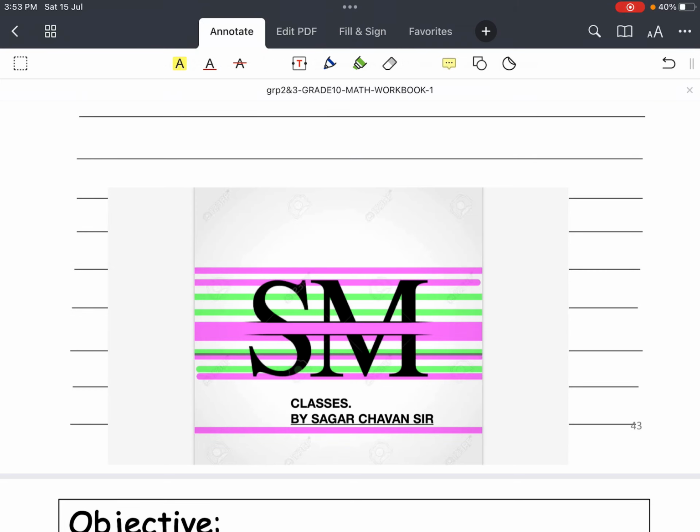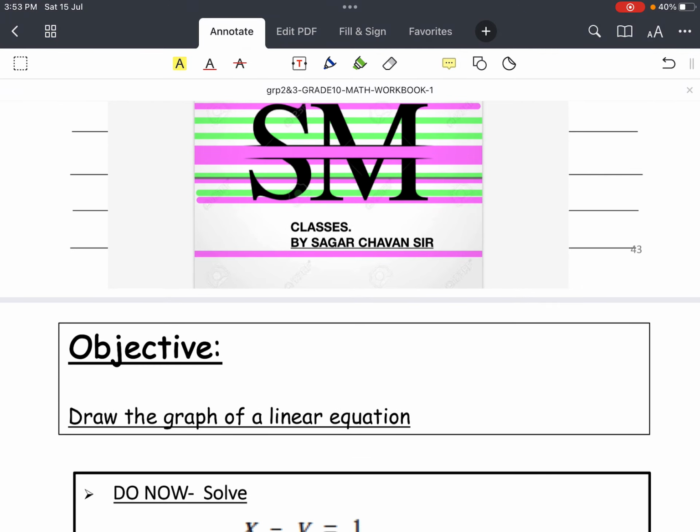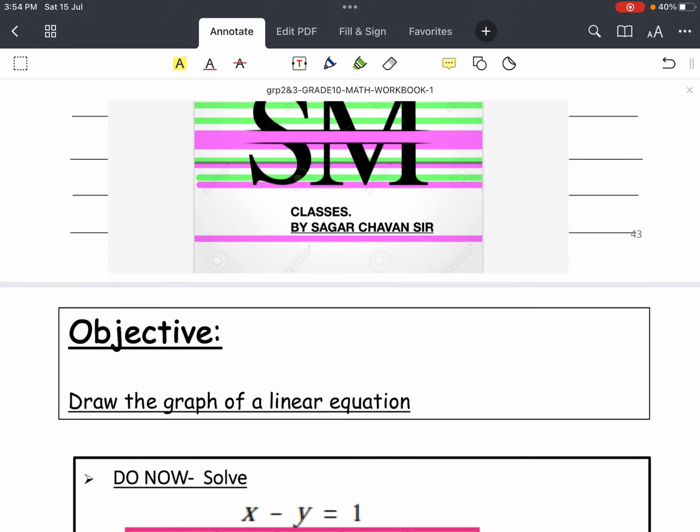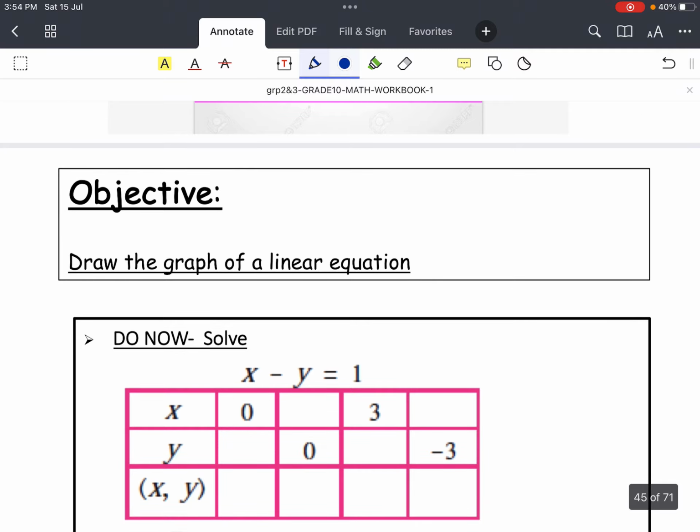हेलो, वेलकम बैक टू सम क्लासेस। जो अभी हम पढ़ रहे थे, जो हमने लास्ट में पढ़ा था, इंट्रोडक्शन ऑफ ग्राफ, और हमने पहले ही क्रैमर्स रूल को कवर किया है। अब नेक्स्ट ऑब्जेक्टिव है हमारा, जस्ट ड्रॉ द ग्राफ ऑफ लीनियर इक्वेशन। ओके, सो मान के चलो कोई भी इक्वेशन दिया हुआ है, तो उस इक्वेशन का ग्राफ हमें